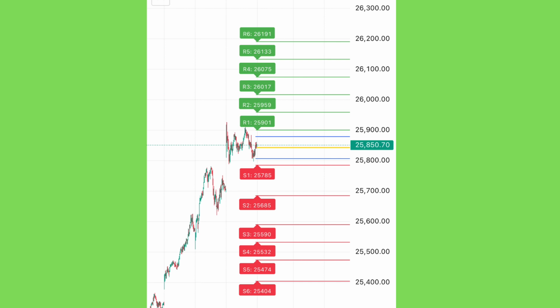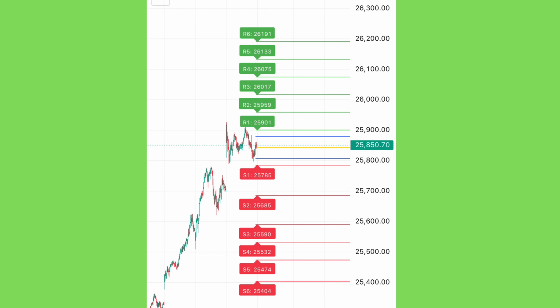Now, let's get straight to the technical setup based on the chart in front of us. The Nifty 50 closed strongly at 25,850.70, which puts us right in the action zone, hovering just below the immediate R1 resistance. Our strategy for this short, high-impact hour is simple: trade the breakout or the breakdown.